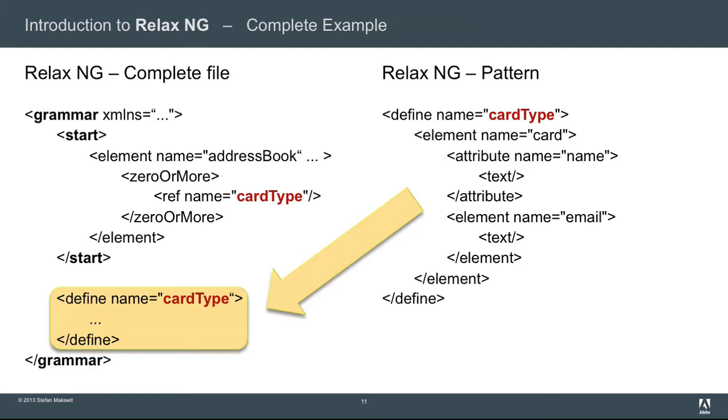So the final RELAX NG on the left is a file which contains several definitions, needs an outer grammar tag, and it needs a start tag so that it knows where to start with the validation. Otherwise, it would not know where to begin. Within the start, I can use the references, and here I use the reference to the card type, which is actually defined below that. And then I have a complete